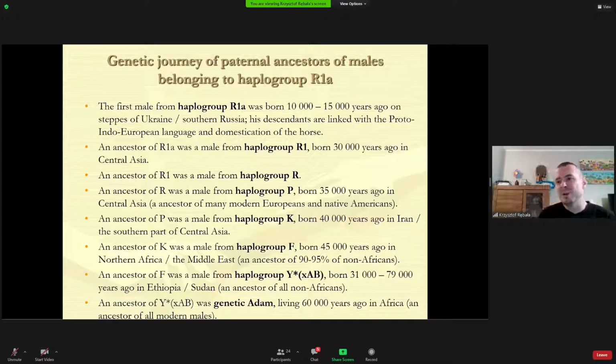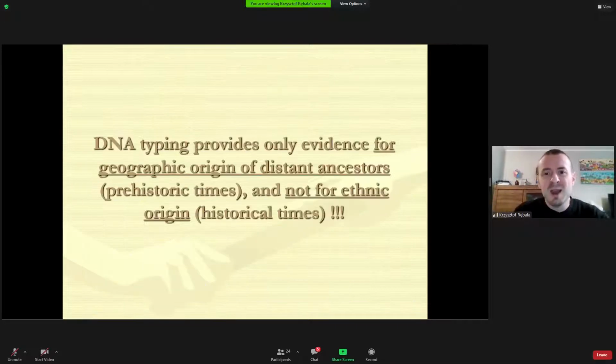So you can see that when you detect haplogroup R1a, you can reconstruct the genetic journey of the person's ancestors, where and how they were traveling to the region where he lives now. Okay, and just to sum up and tell you something very important: DNA typing provides only evidence for the geographic origin of distant ancestors. These are prehistoric types, and not for ethnic origin,